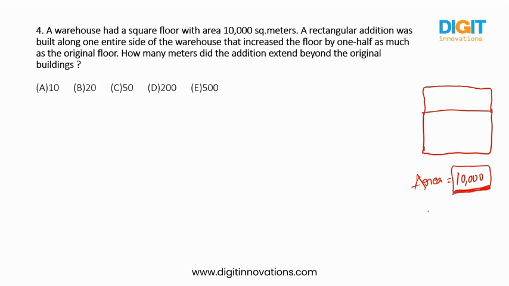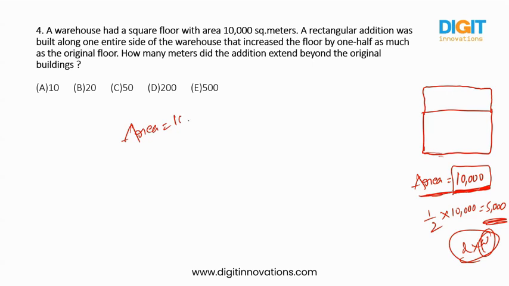That means half of this one means I increased 5,000. In this 5,000 I'm going to have length and width both. So I have to tell what is the width here. First of all, I have to know what is length and width in this 10,000. So area is total 10,000 and it would have square of both,